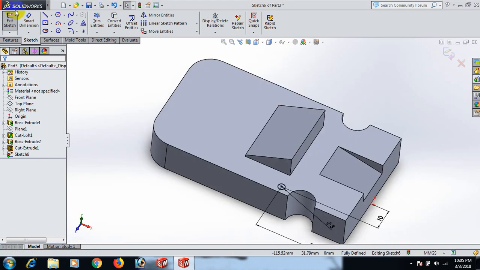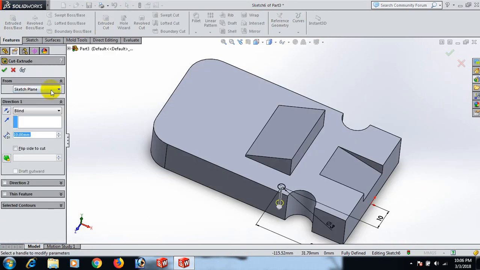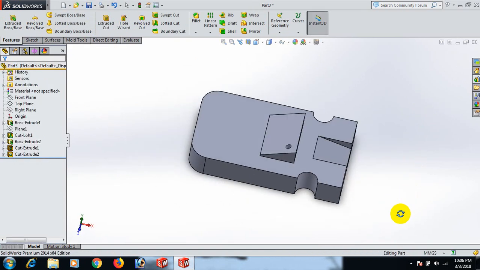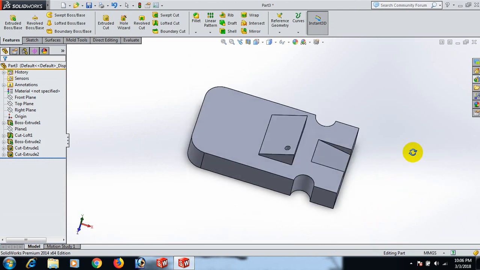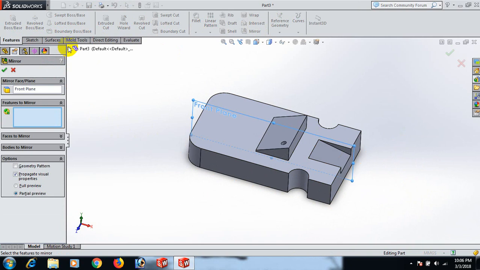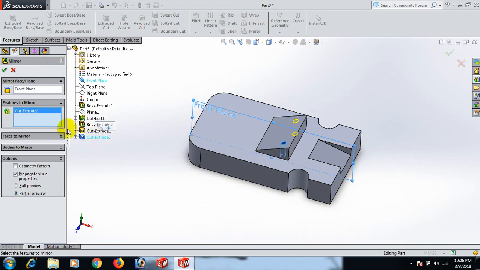Now go to feature and extrude cut. We need surface face, this plane, click, and we need 3. Okay, 3 or 10 as well as. Okay, now go to right plane and go to front plane and mirror, click, extrude cut. Okay,